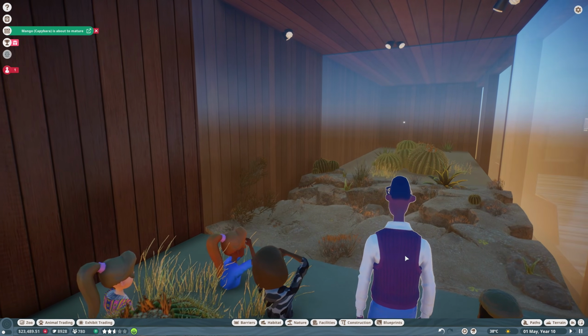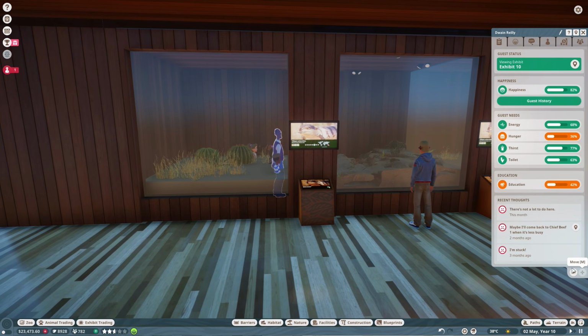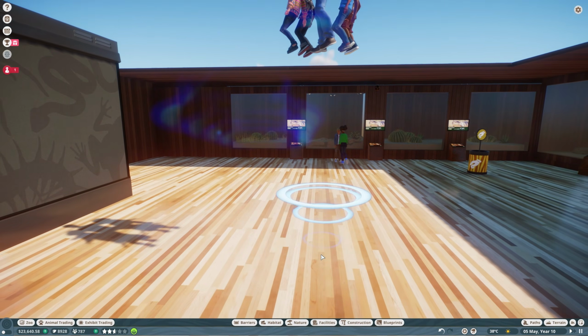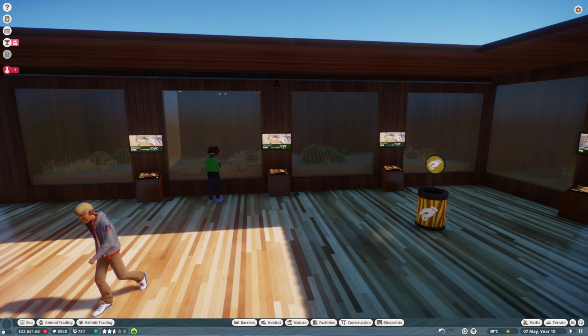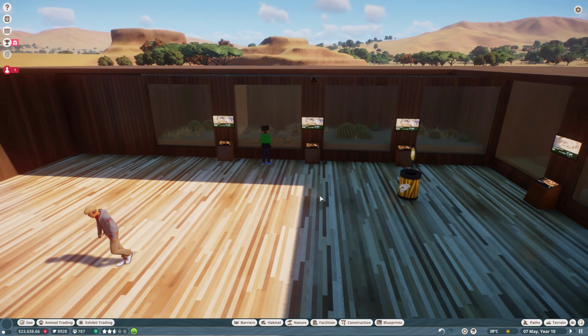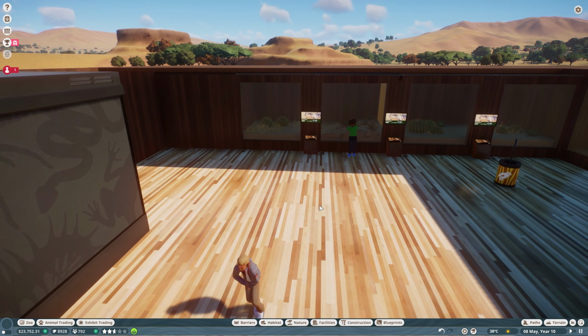And now we need to get these people out of here as well because they're going to get stuck. Okay, I can move them now. I'm going to get them out of there. I think when they're looking, you can't move them because they're interacting with the game. But if they just walk out and they're like, oh, I'm stuck now, then they're...